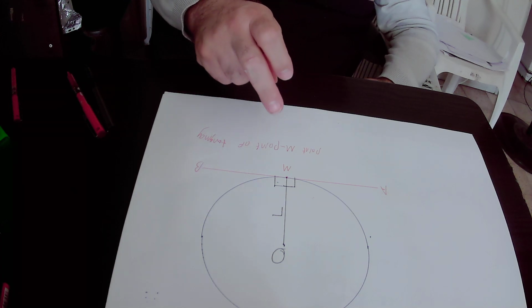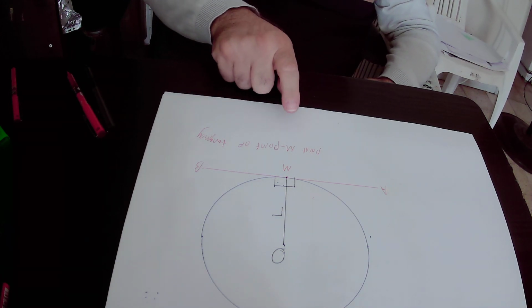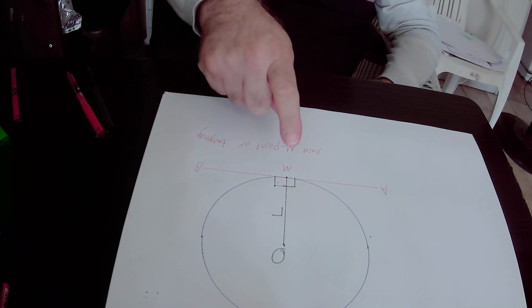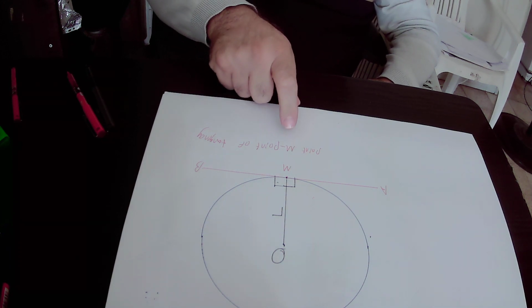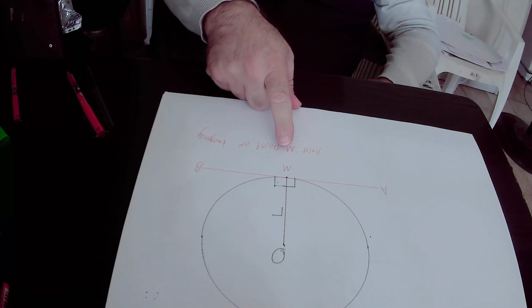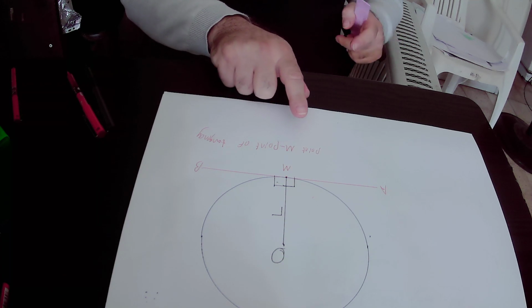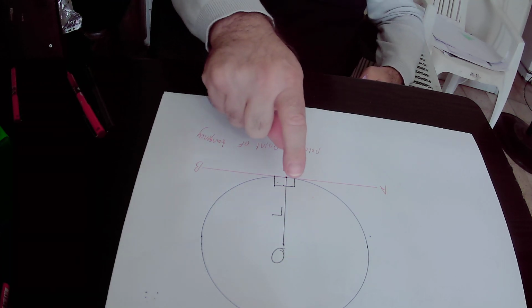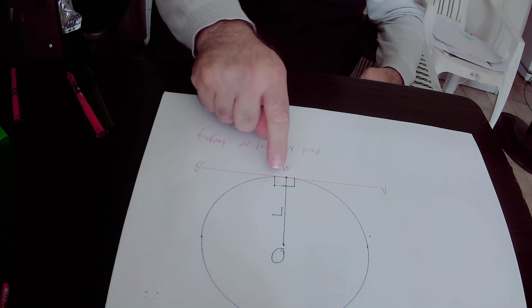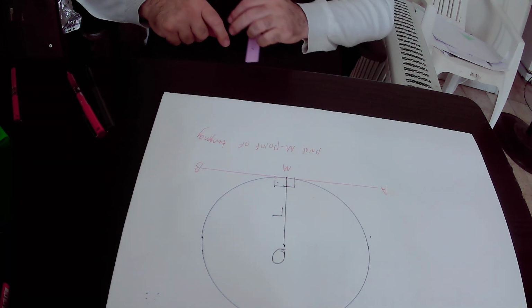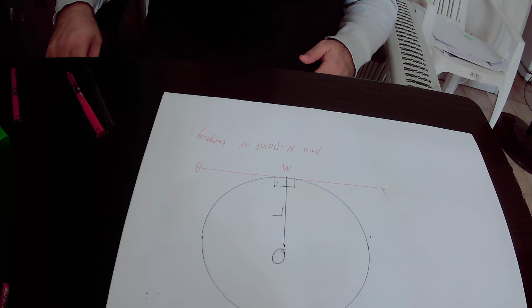whenever you have a radius that is drawn to the point of tangency, like in this drawing, we have the radius OM, it is drawn to the point of tangency, that is to say, to point M. Therefore, the tangent AB is perpendicular to this radius, that is to say, this angle equals 90 degrees, and this angle also equals 90 degrees. Okay, so